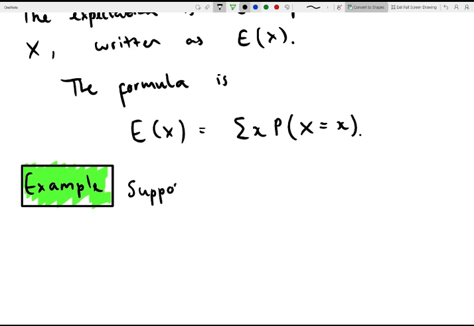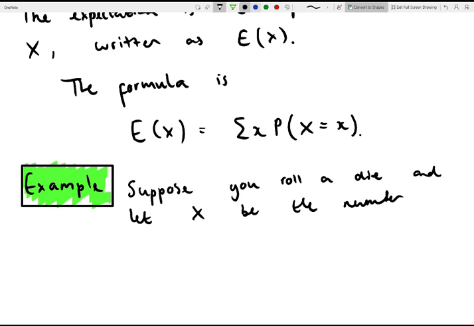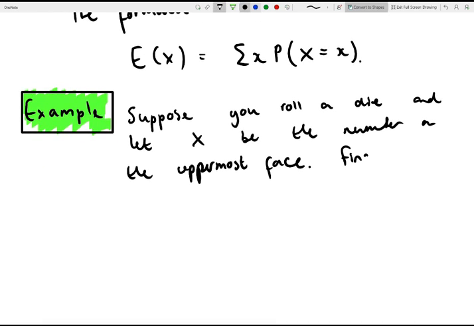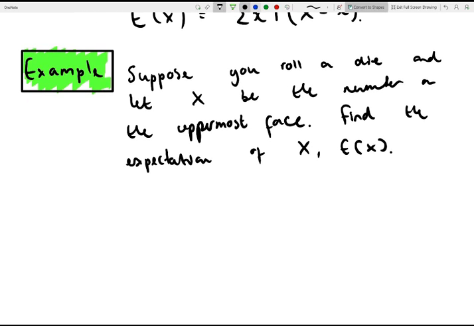Suppose you roll a die and let capital X be the number on the uppermost face. Okay. Find the expectation of capital X, denoted the expectation of X. So our solution to this